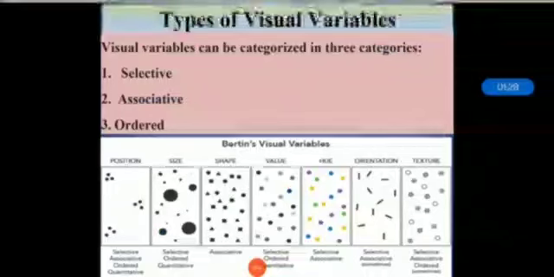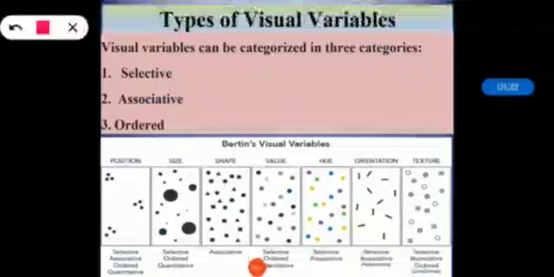Now the types of visual variables. So there are 2 planar variables and 5 retinal variables which we have seen that are totally used for visualization. The 5 retinal variables we have seen are size, color value, color hue, shape and orientation. So they all can be translated as pre-attentive because that has been listed individually for the representation. Now the types of visual variables: selective, associative and ordered.